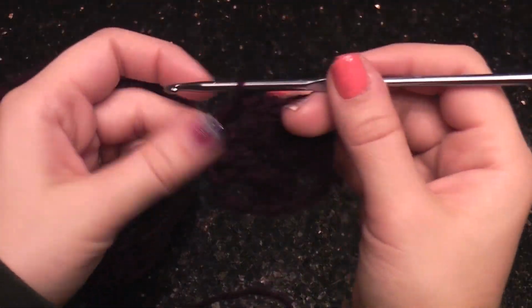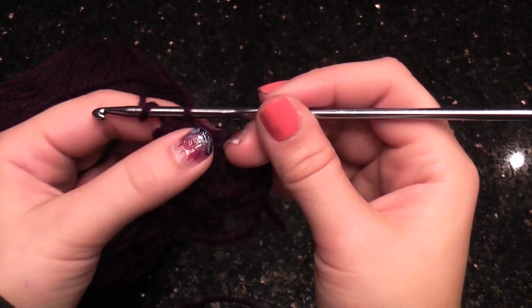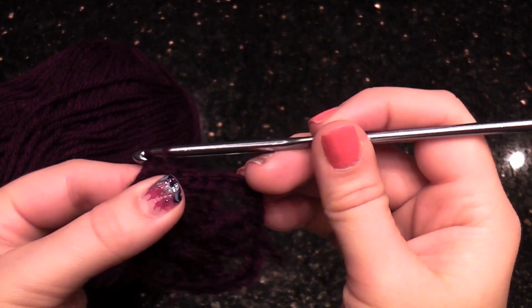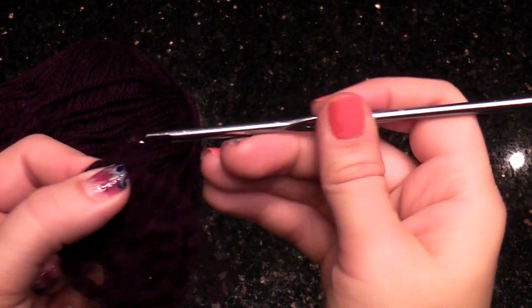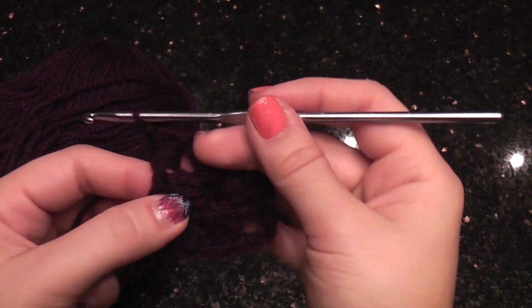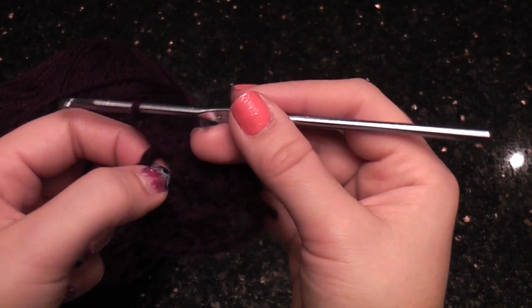Right, I'm going to chain 3, and that will act again like the first round as our first double crochet stitch of the 3 in this cluster. So we'll chain 3, okay, then we're going to work 2 more double crochet into this gap,